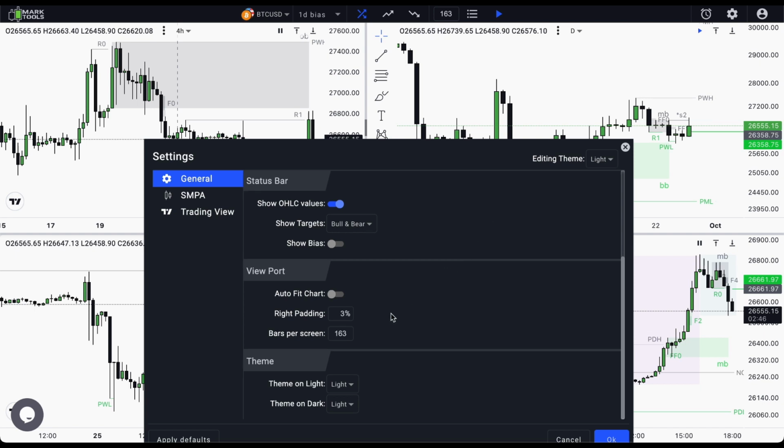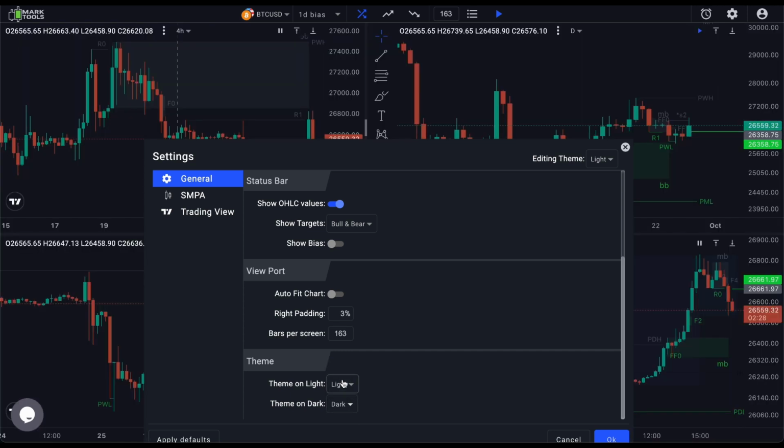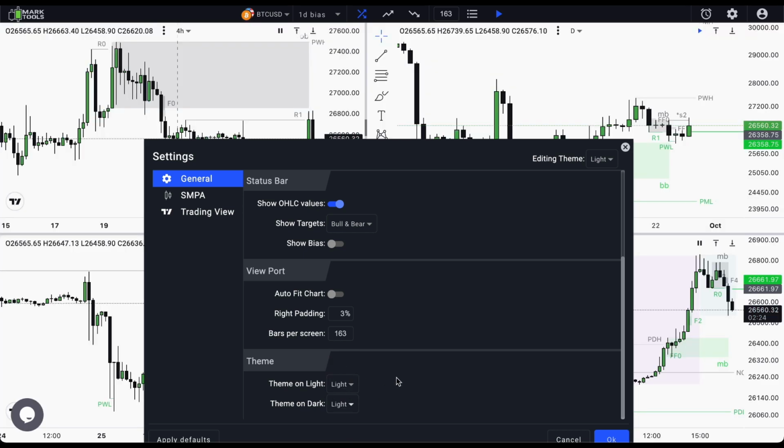Theme section. In this section you can set specific themes for your tile. For example, I have dark color scheme in my system, my browser is dark, my app theme is dark, but I want the tiles to be light. This combination allows you to isolate your focus only on charts and the rest will darken and not bother your eyes. Theme on light. Sets what color scheme is used on the light color scheme. Theme on dark. Sets what color scheme is used on the dark color scheme.